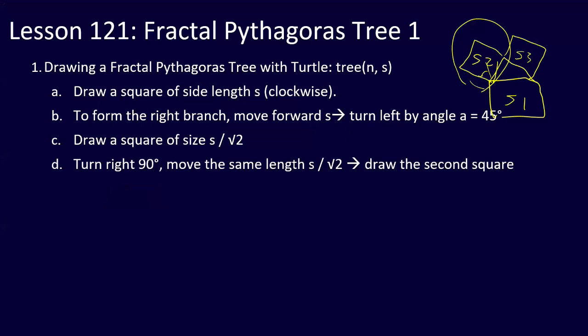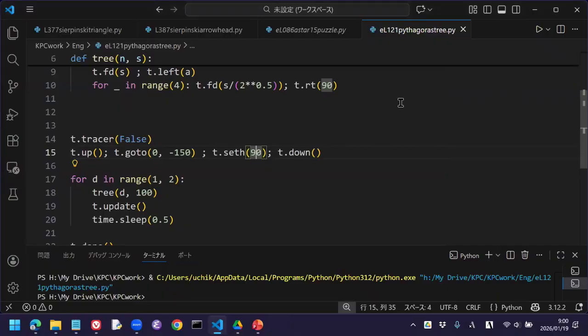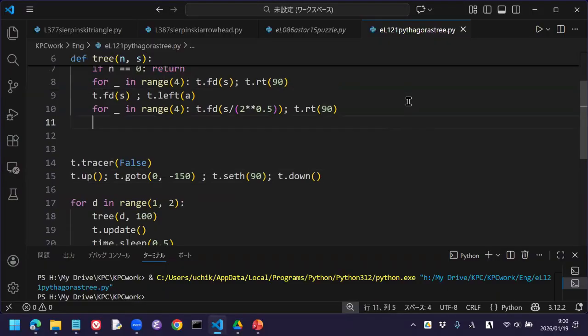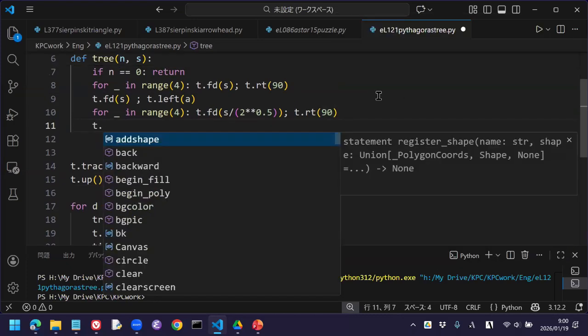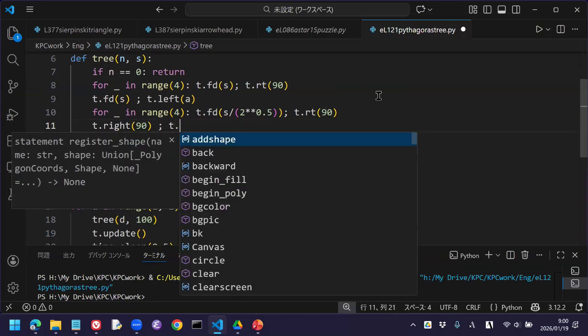Turn right 90 degrees. We are here. We now go back to here. So we might want to turn right 90 degrees, move the same length, S over square root of 2, and draw the second square, S3. Okay, so let's do this. After doing this, t dot right by 90 degrees, then t dot forward,